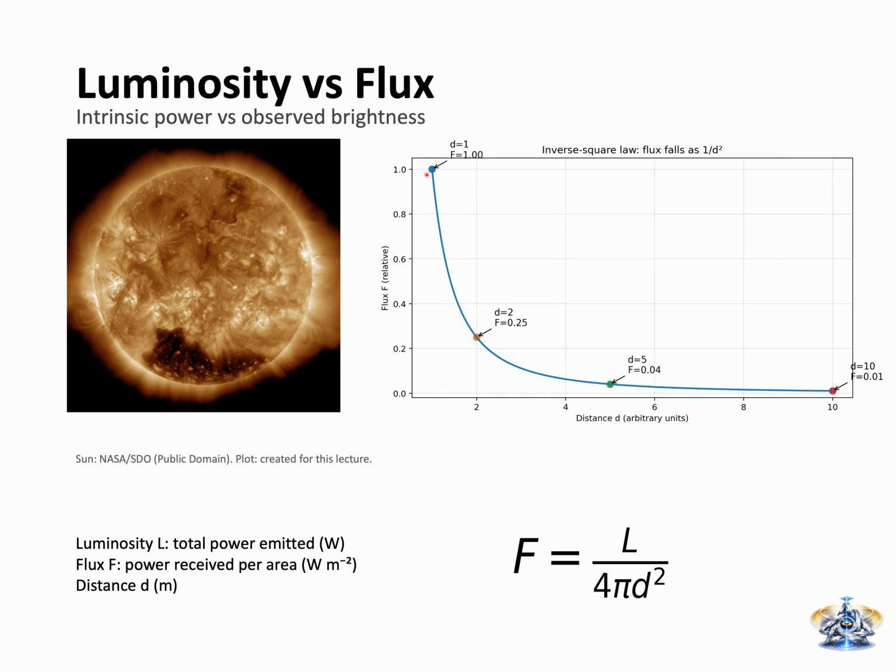Now look at the labeled points. Unit distance seems to have no effect on flux. But when the distance becomes twice the original distance, the star gets 4 times dimmer. That is why flux is 0.25. That one relationship is the engine behind brightness-based distances. Now, flux spans huge ranges, so astronomers use a compressed scale, magnitudes.